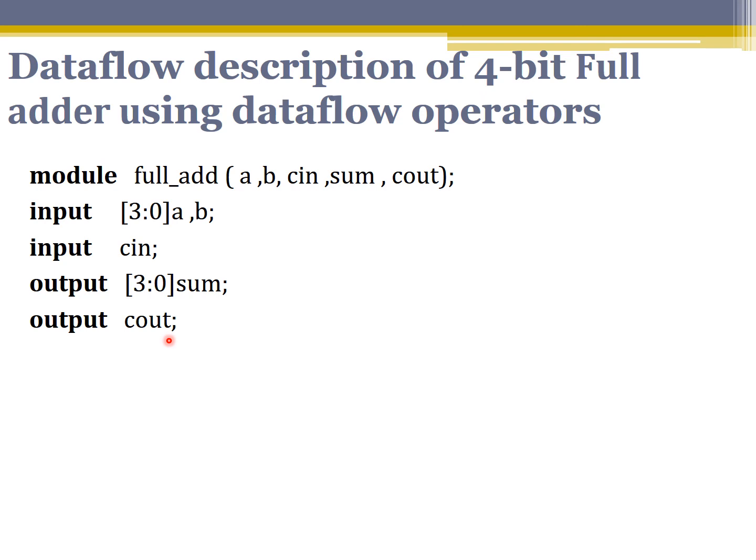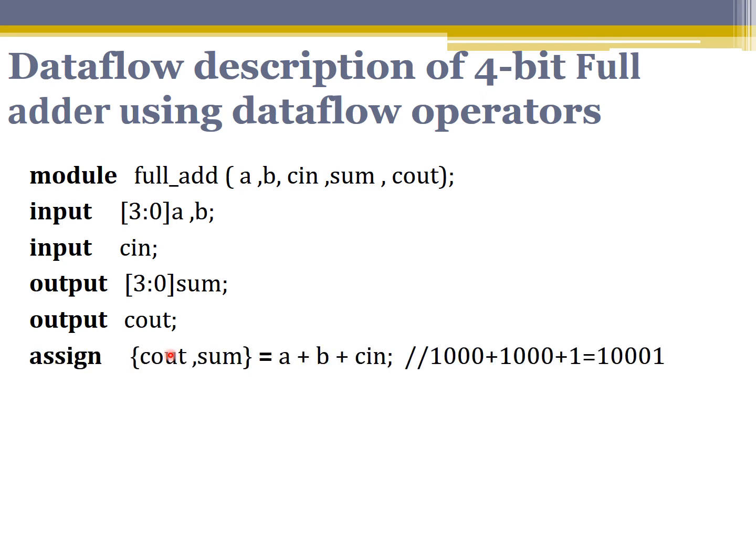So we know we have the plus operator, the arithmetic operators, and we have the concatenation operator. So we can write this particular statement. We know when we add two 4-bit numbers, the size of the result can be 5-bit. The 5th bit is the carryout which comes out. So instead of writing a separate equation for sum and a separate Boolean equation for Cout, we join the two, because we know the bit that comes out is Cout. So first is Cout, which is single bit, and sum, which is 4-bit. So single bit plus 4-bit is totally 5-bit. We are concatenating the two and then we just write equal to A plus B plus C.